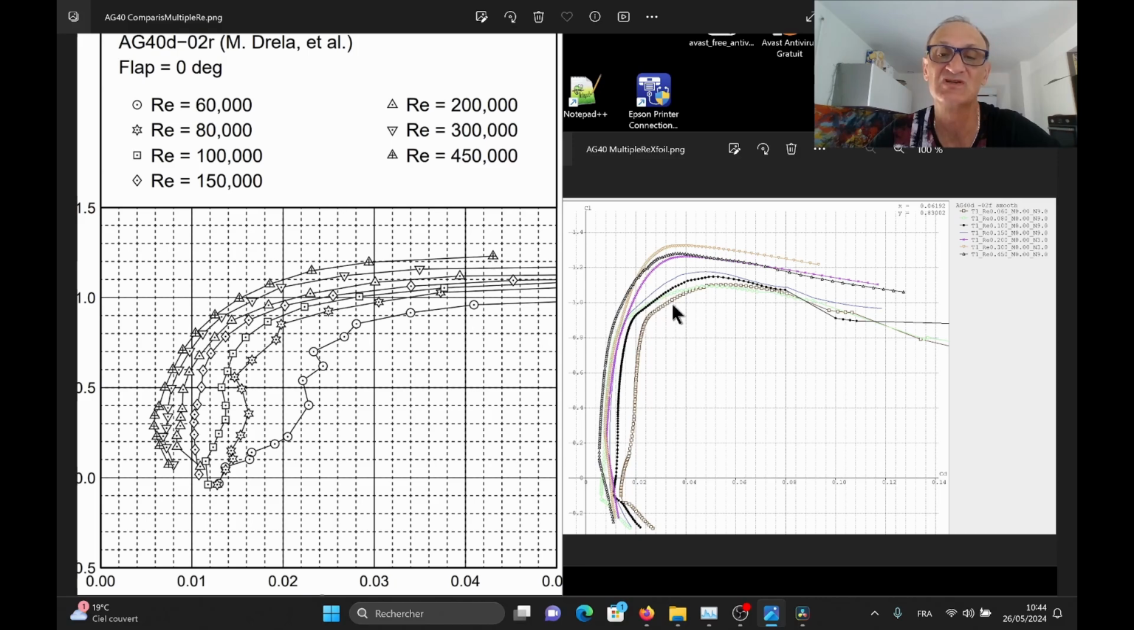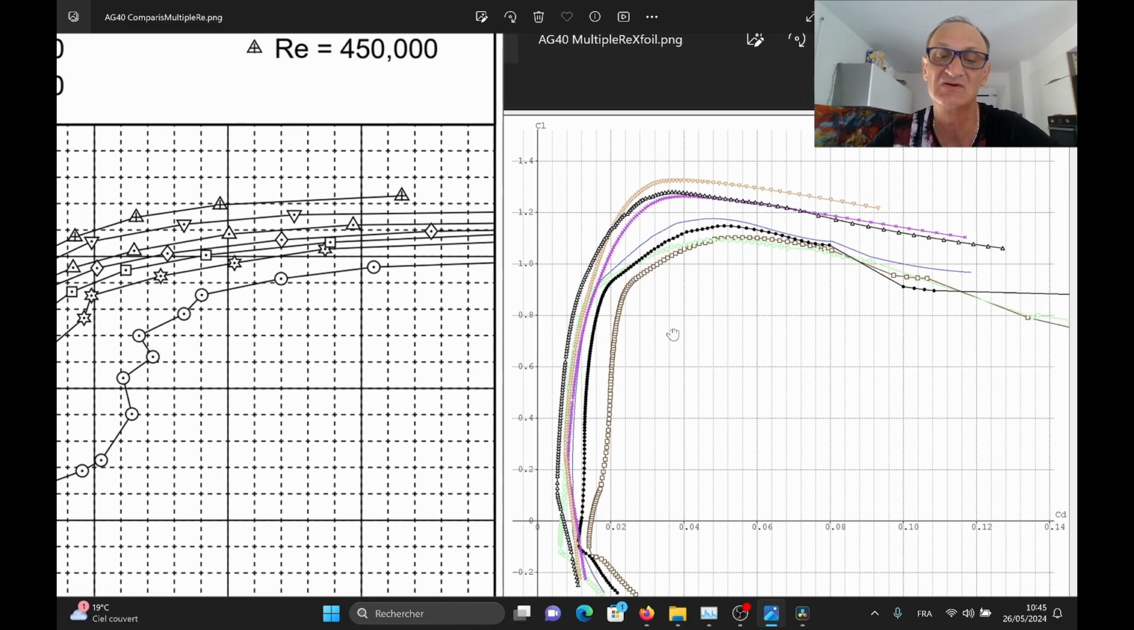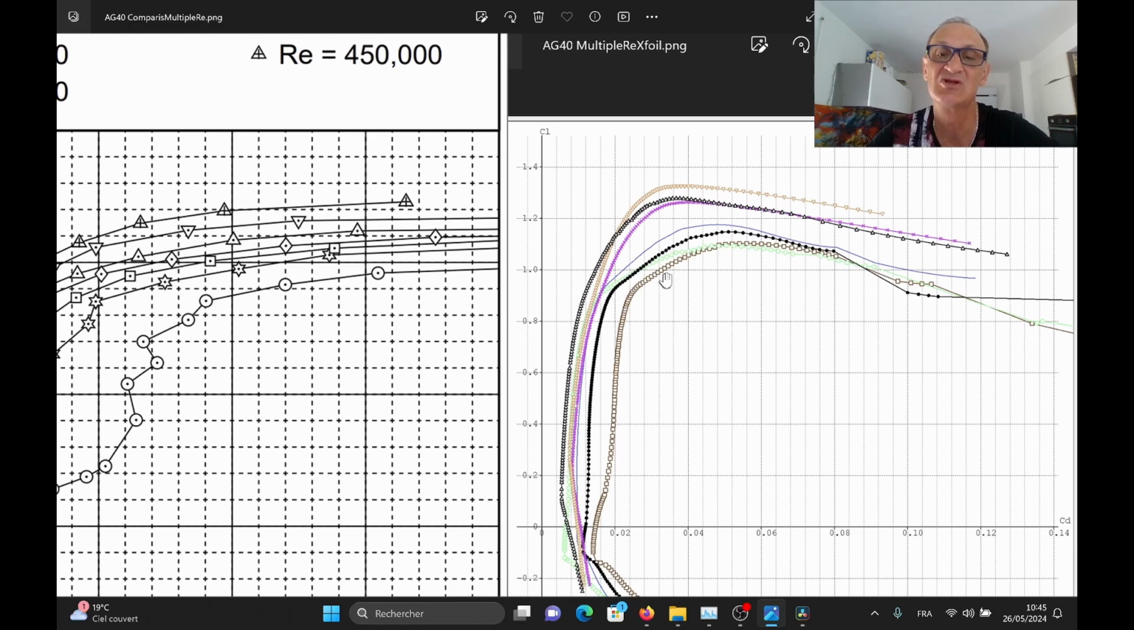When we approach the lift of 1 in the Xfoil graph, we have something like